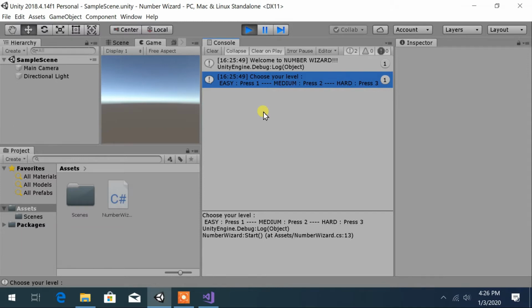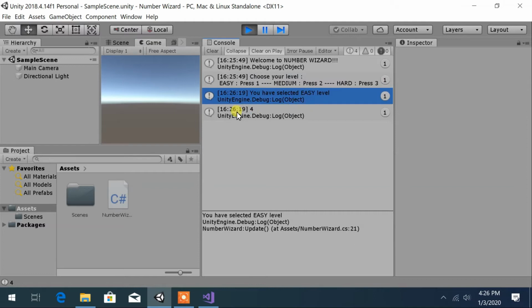When I press 1, nothing happens. Why? It's because currently I am selecting the console window. A blue line is highlighting the console. So to play the game we must select the game view from here. Now it is selected, and when I press 1, it shows "you have selected easy level", and 4 is shown in